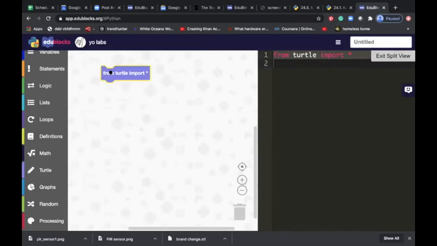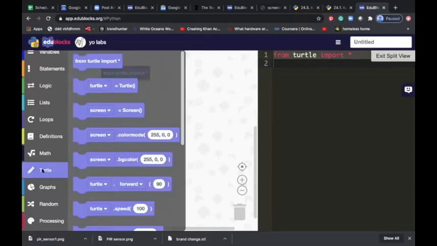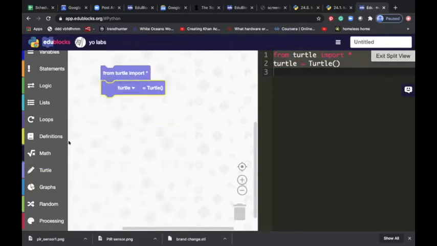Some title. So for example, later on, because you can type very well, small kids cannot type. In future, when we will not be using the block editor, I may ask you to import turtle. That time you have to do what is on the right hand side: from turtle import. So that you have to do later on, not right now. Now for the next 3 or 4 lines, if you have some doubts, there is no need to ask questions. Later on they will get cleared. So just follow me.